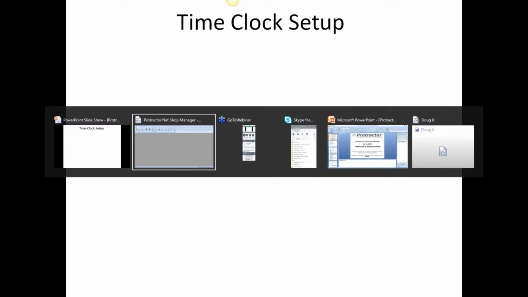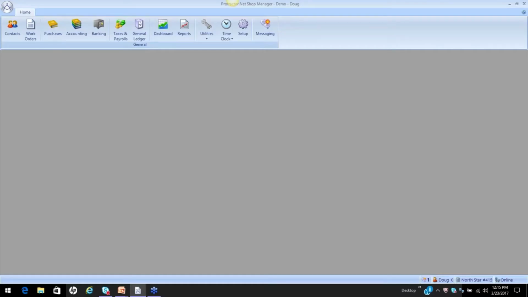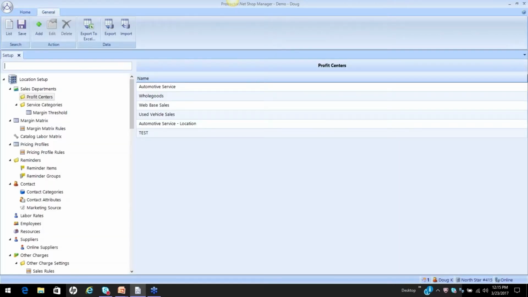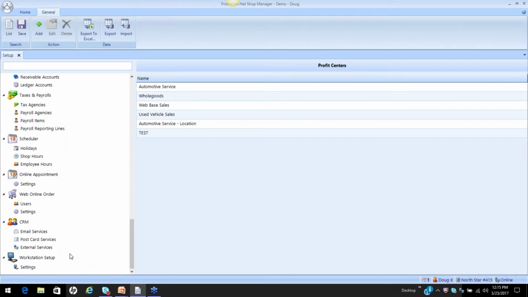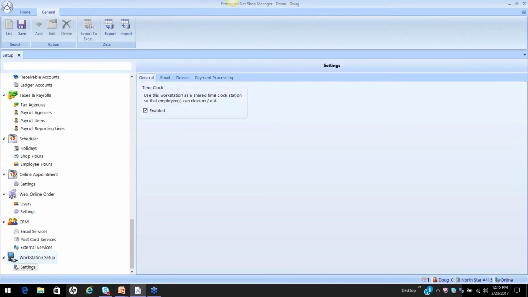Okay, so under the time clock setup, there are about 5 different settings here that are going to have an impact on how your time clock works. So I'm going to open up Setup. I'm going to go all the way down to the bottom for the first setting, and under Workstation Settings, there